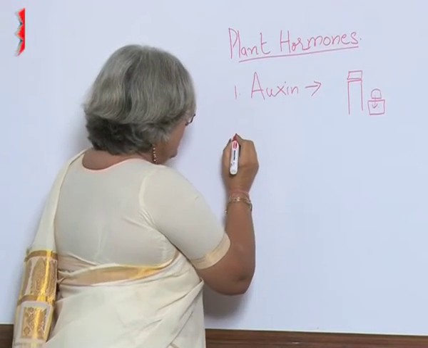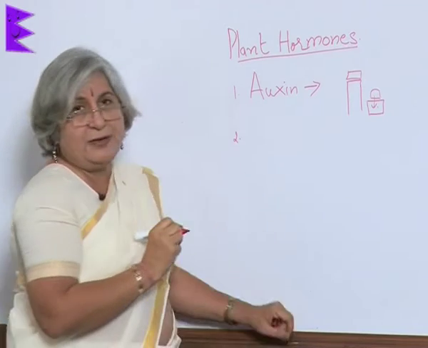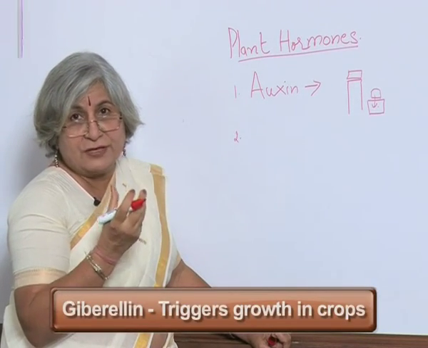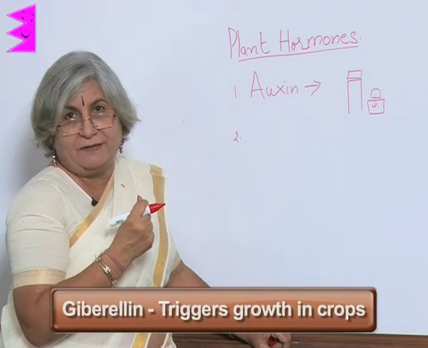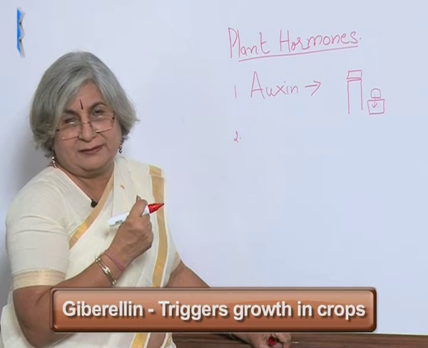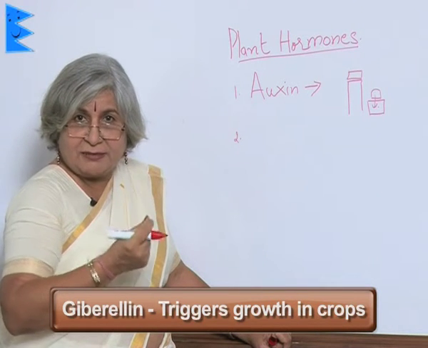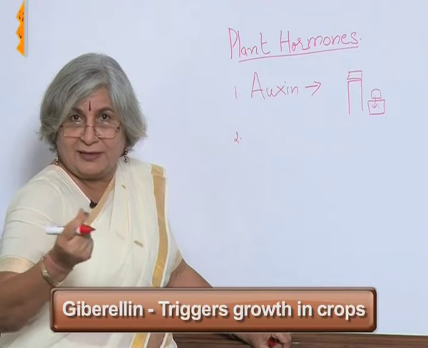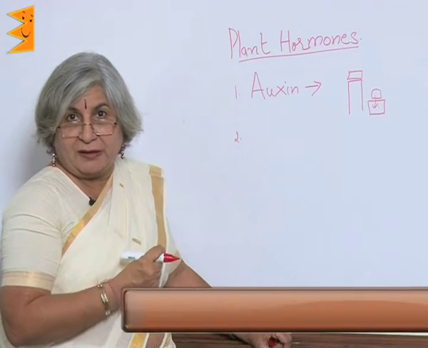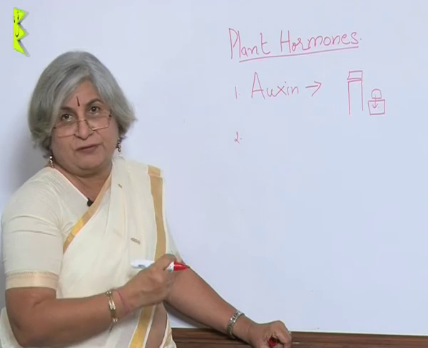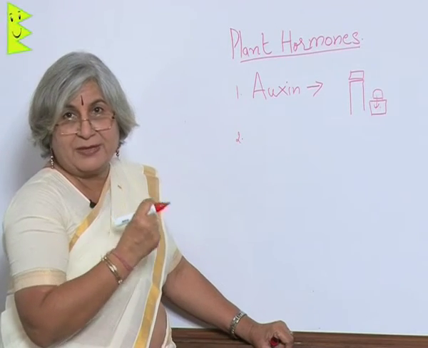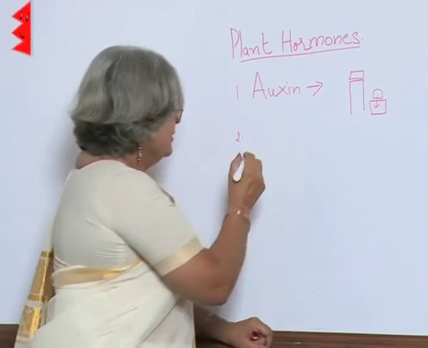That is not all. Then there is another hormone which was first of all discovered in a fungus called Gibberella. This fungus really triggers growth in crops, and from this then the scientists found out that there is a chemical substance, a hormone, gibberellin,